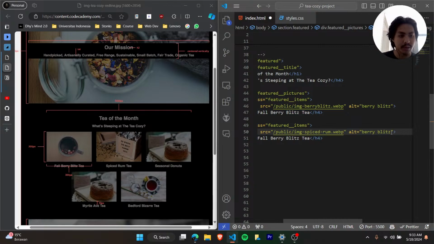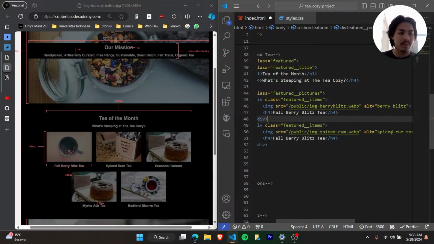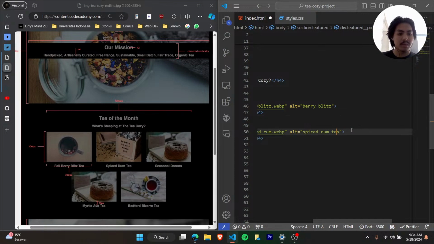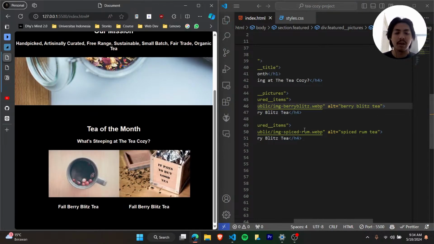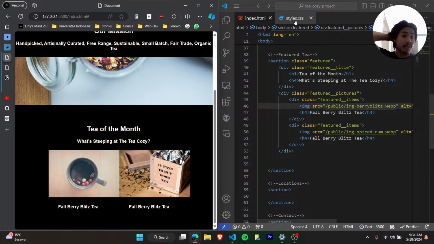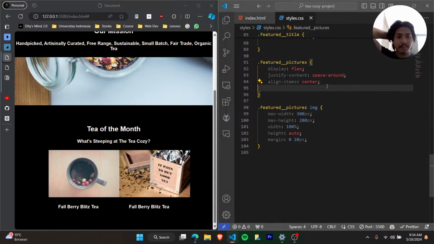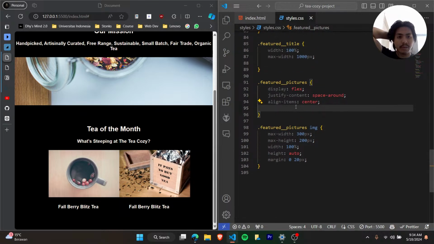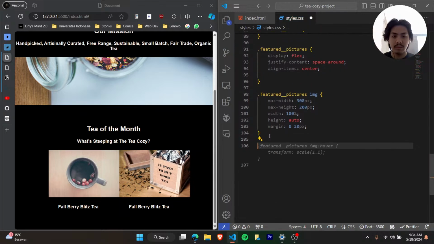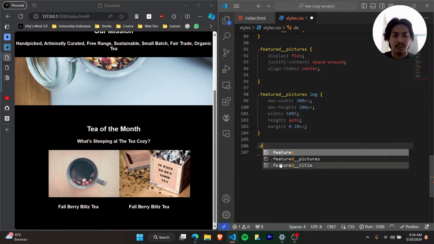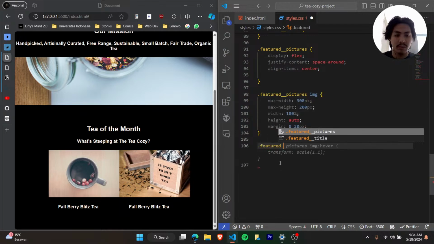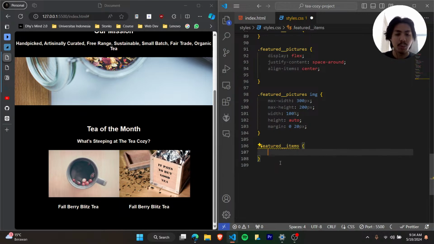Spiced rum, and then okay, now what we want the items to have is some, want them to have a,